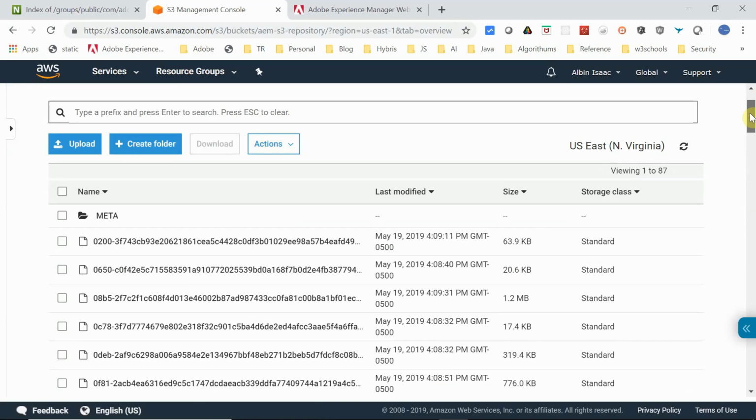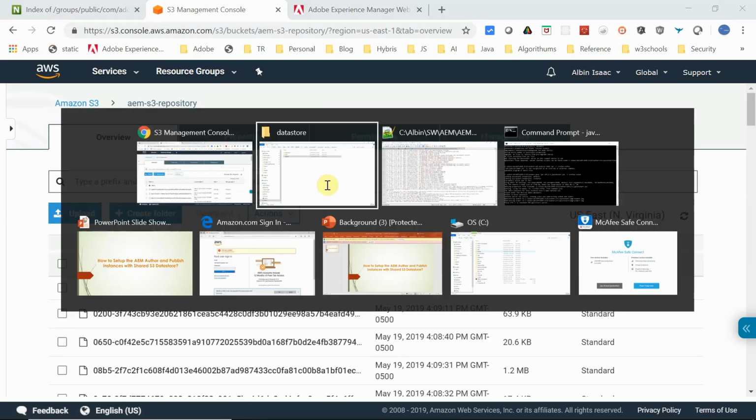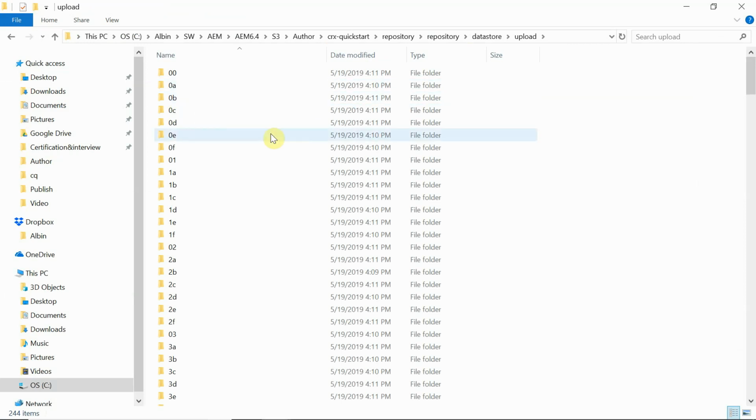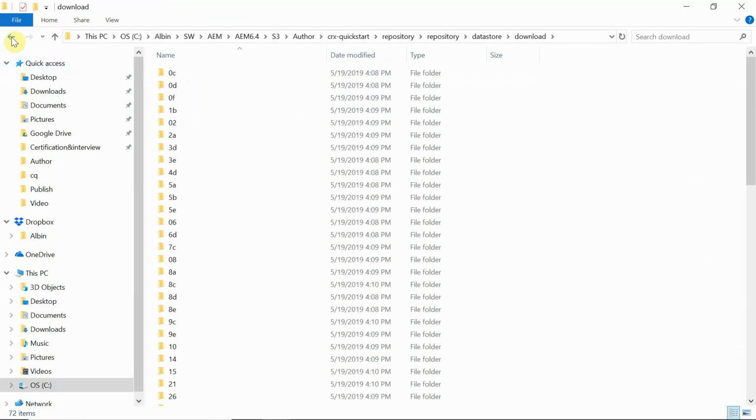It may take some time, but it's asynchronous. After some time the server will be started and we'll be able to proceed, but you can keep monitoring this. If you refresh this, it would have increased now. Now if you go here, yes, in upload you can see 244 items. Again in download, 72 items.